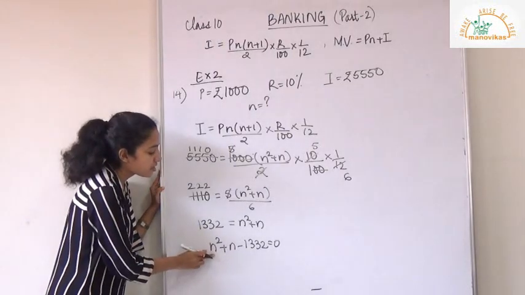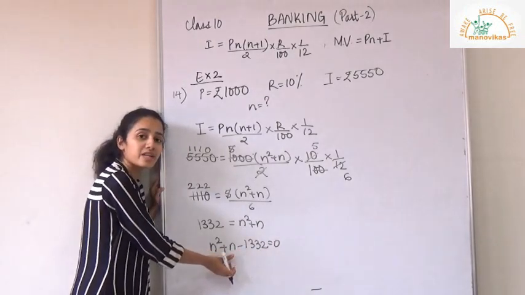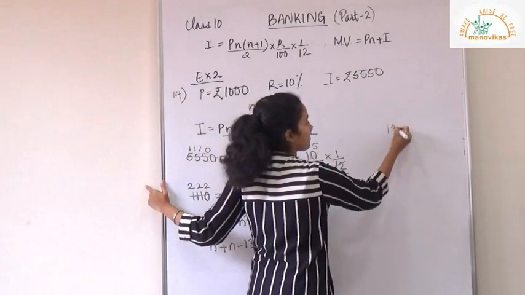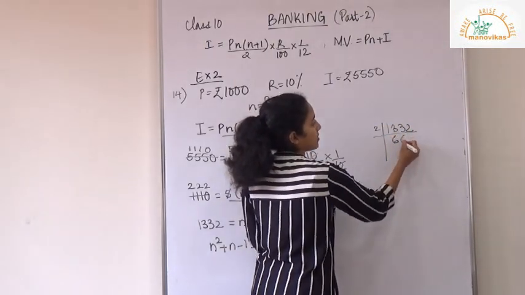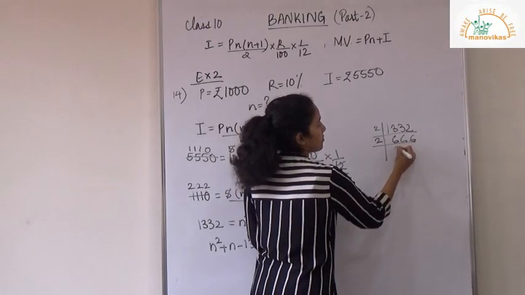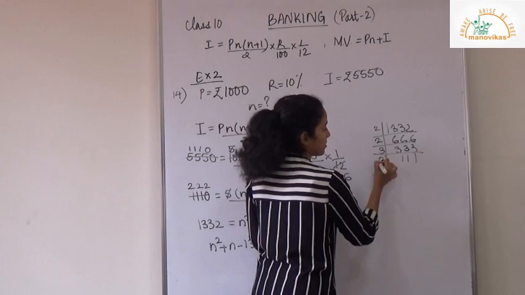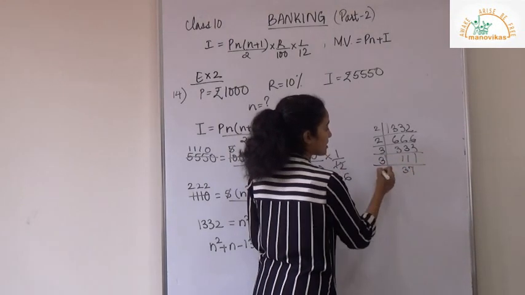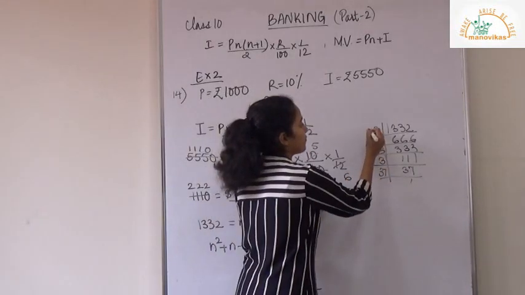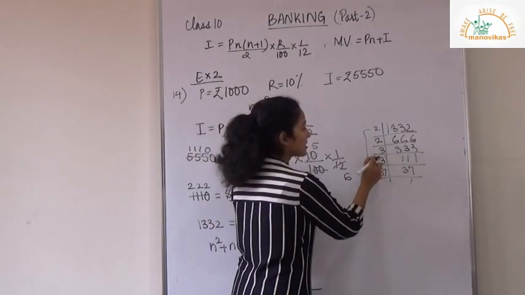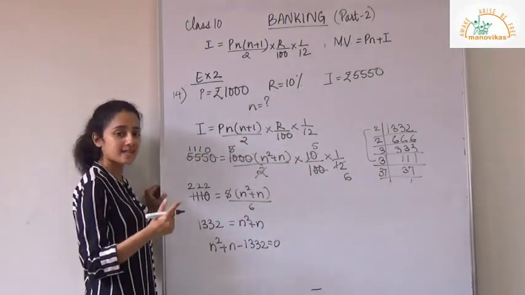Clear? Now from here you have to find the factors again of 1332 such that when you subtract you get just 1. So let us do that. 1332, 666, 333, 111, 37. Now 37 is a prime number. So therefore, this is 9 and 4. So this all will give you 36 and this is 37. So the factors of this number are 36 and 37.